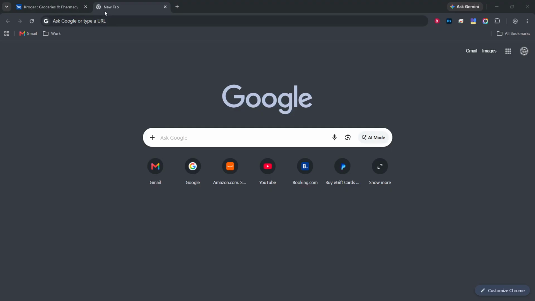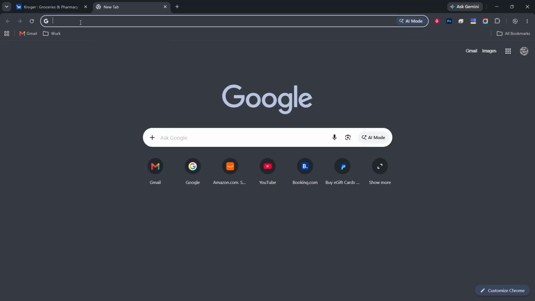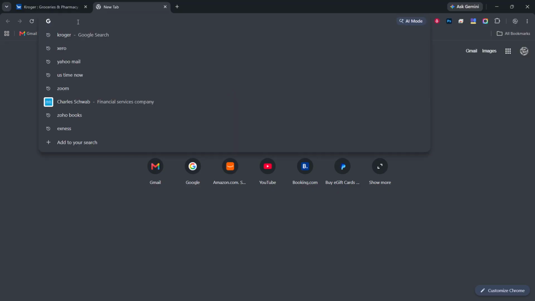This can be Chrome, Firefox, Edge, Safari, or whichever browser you normally use. Just click its icon once and wait for the main browser window to appear, with the address bar visible at the top of the screen.